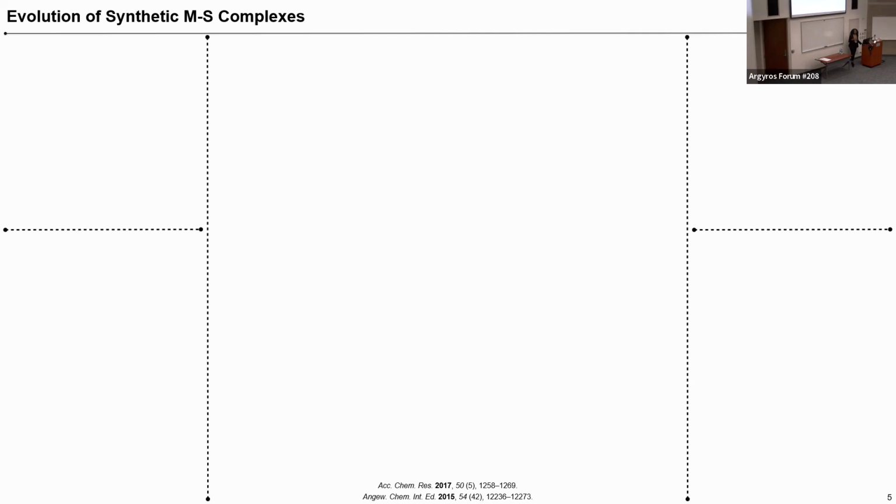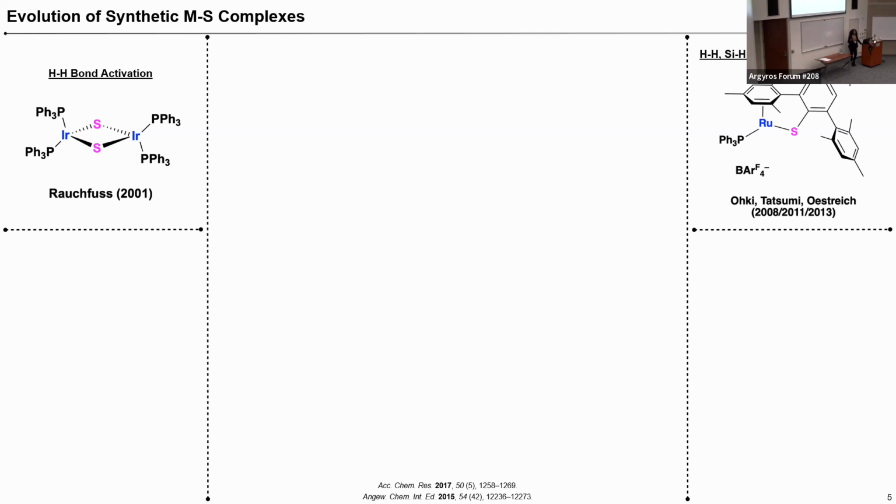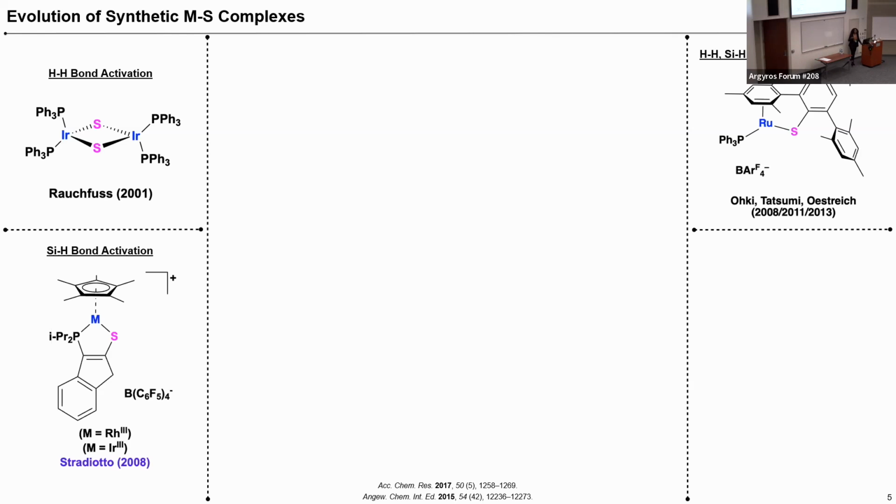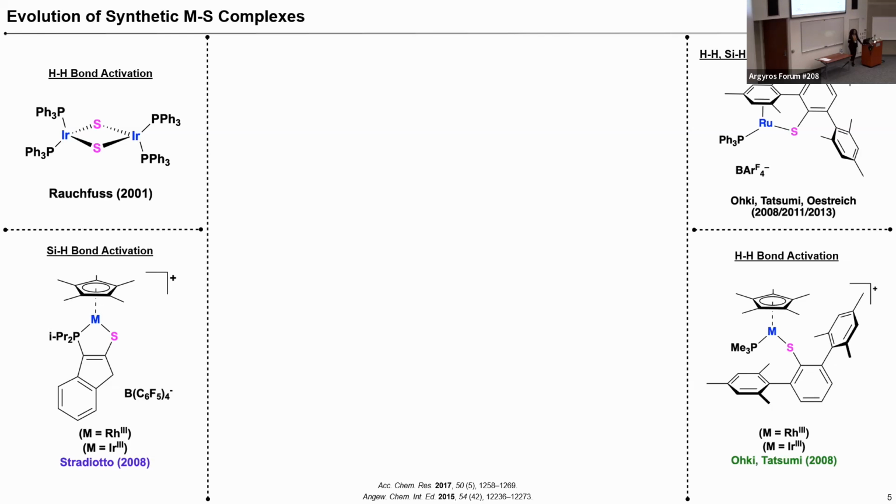There's been an evolution of sorts in the types of catalysts generated. The first one, Ratros and collaborators saw that this catalyst was successful in activating H-H bonds. A few years later, Oki and Tatsumi, as well as others, found that this catalyst was successful in activating not only H-H and silicon-hydrogen bonds, but also boron-hydrogen bonds. In 2008, Stradiotto saw that this catalyst was successful in activating silicon-hydrogen bonds. And in the same year, Oki and Tatsumi saw that this catalyst was successful in